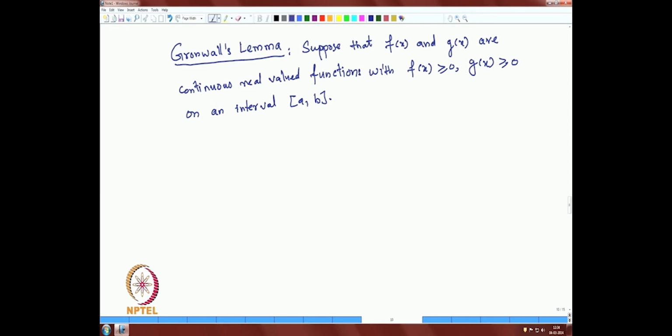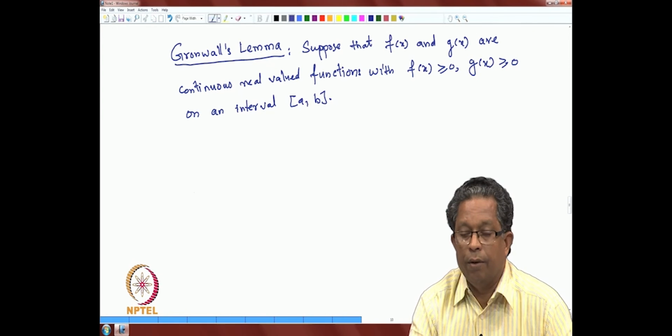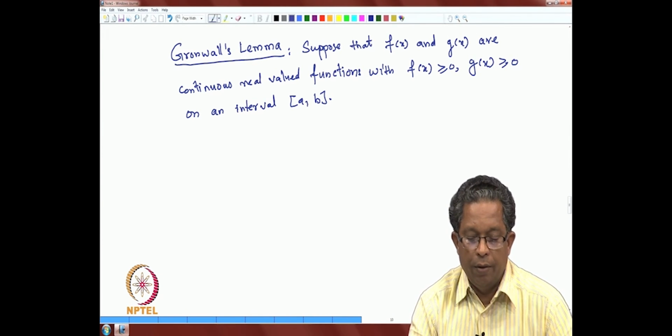So if f(x) and g(x) are two continuous real valued functions, both non-negative and defined on an interval [a, b],